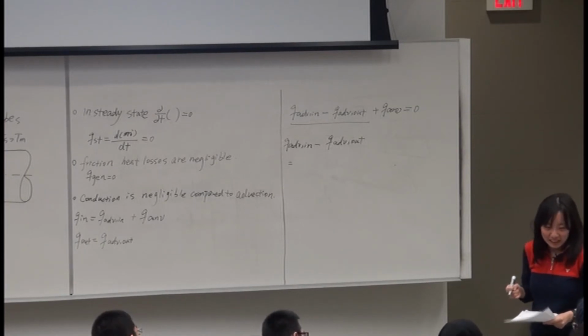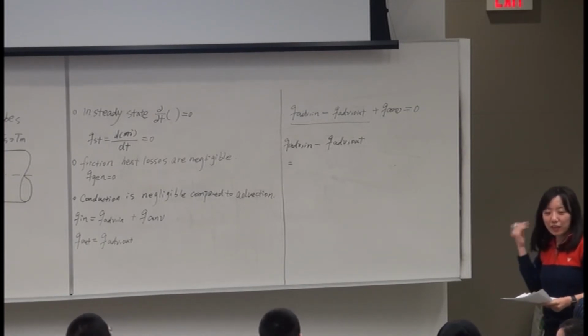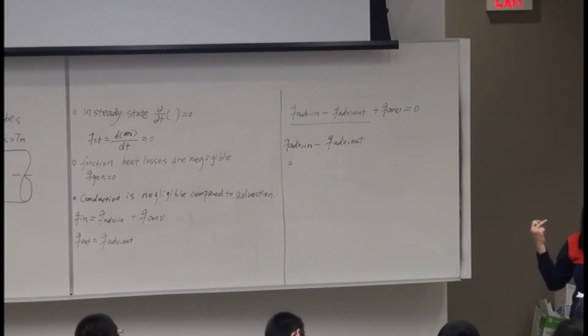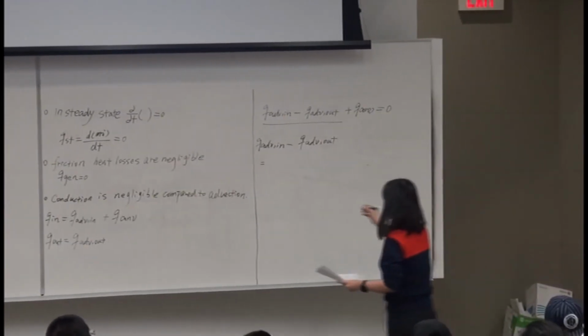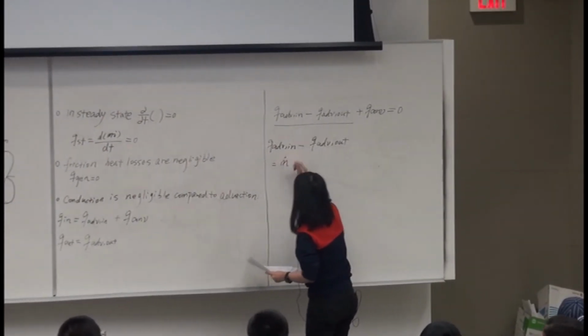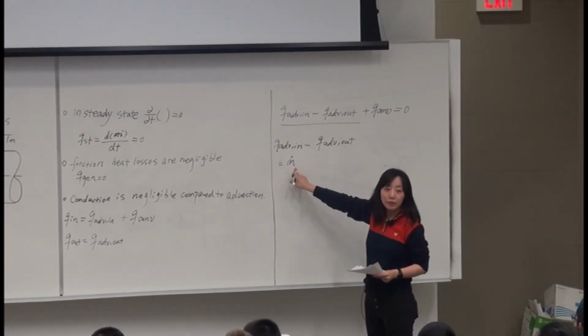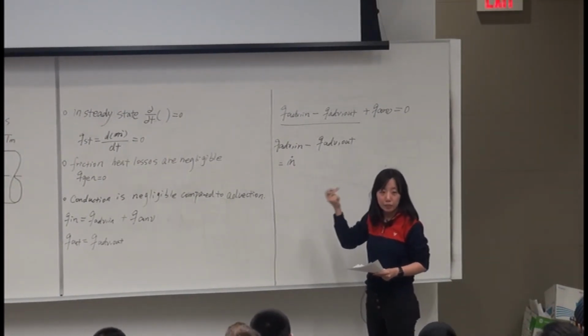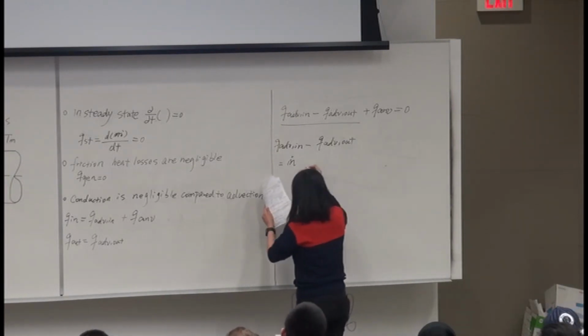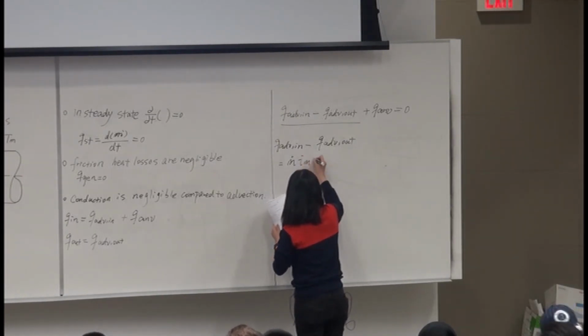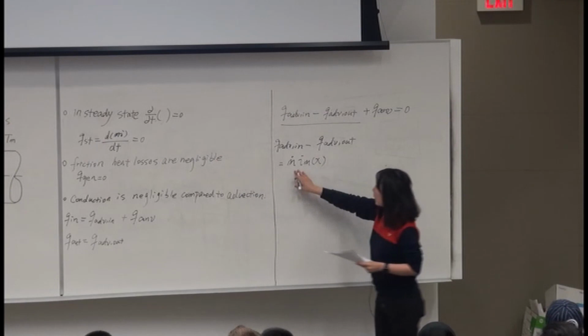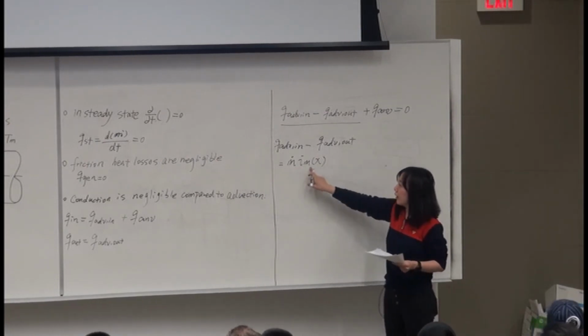I don't remember, but for advection, mass flows in, right? So it must be associated with some mass flow rate, and the energy is the enthalpy it brings in. I write it like this: the mass flow rate times the mean